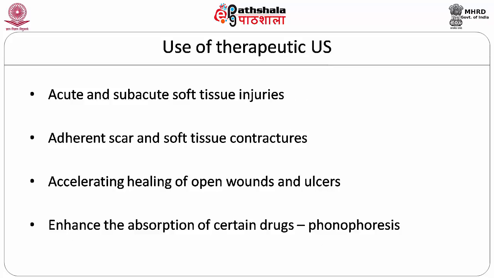In the management of musculoskeletal injuries, ultrasound plays a major role. Therapeutic ultrasound is routinely applied in cases of acute and subacute soft tissue injuries such as sprain, strain, contusion, bursitis, etc. It is also used in rheumatoid arthritis and osteoarthritis. Joint contracture, skeletal muscle spasm, pain, and tendonitis are the other conditions where the effectiveness of ultrasound is claimed.